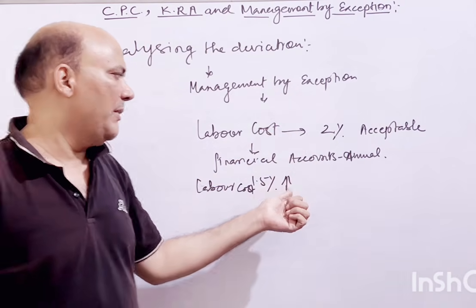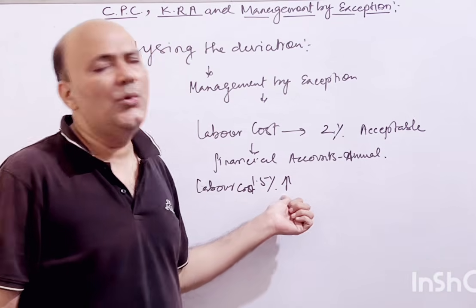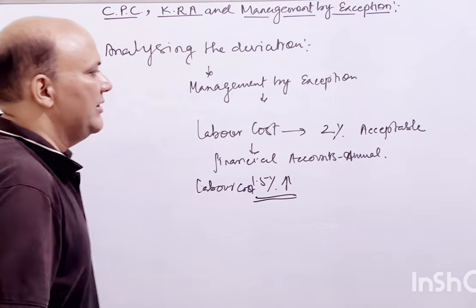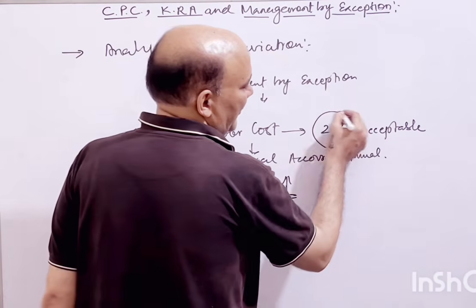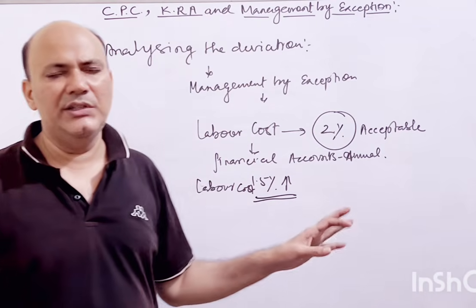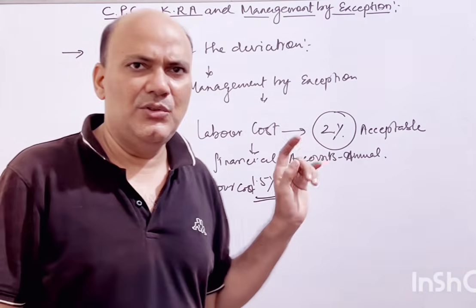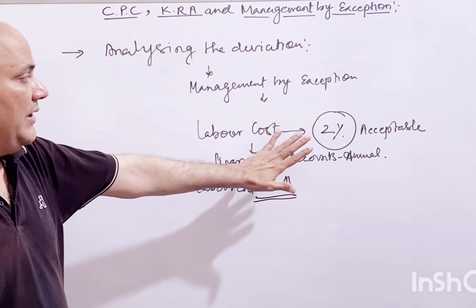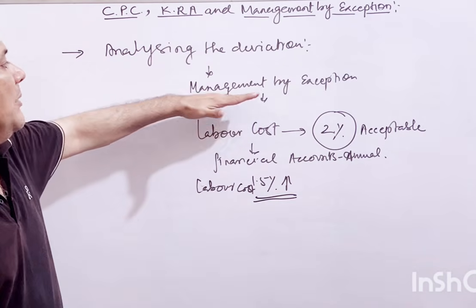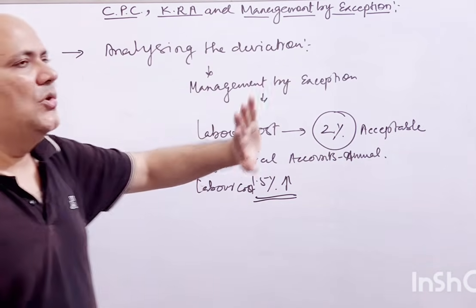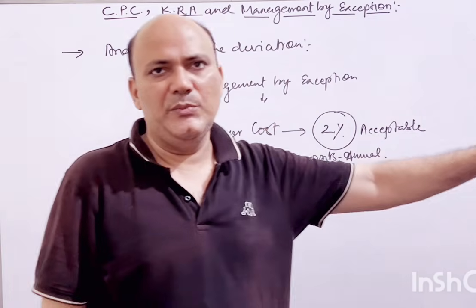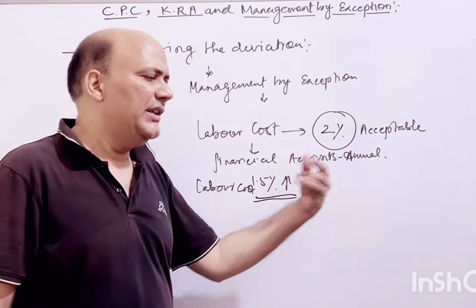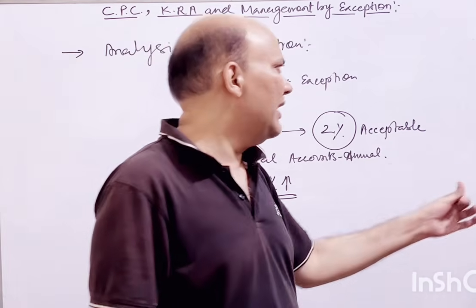That means the top management is not going to take this issue because 1.5% is acceptable as far as the deviation is concerned, because they have already given the buffer limit of 2%. So anything within the 2%, they are not going to have the headache. So that will be acceptable to them. So as far as it is within the acceptable limit, if your deviations are within it, by management by exception you are not going to follow up with the managers or the top management, right? So they are not taking it for their pursuit, rather that will be given to the employee at the level where they are performing, right?